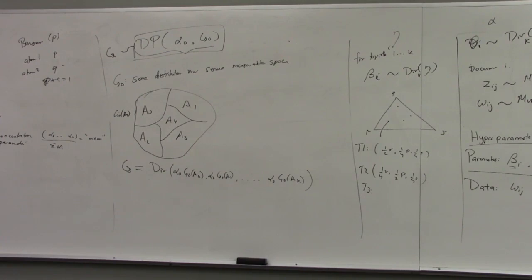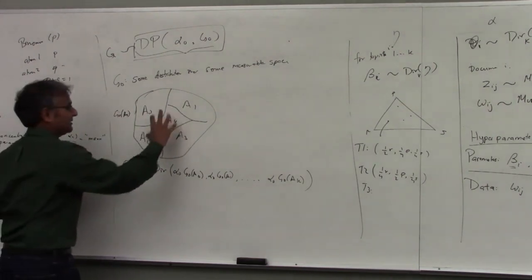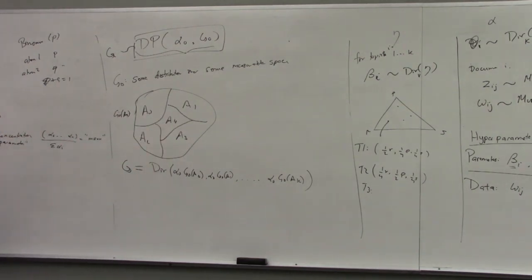This is similar to how, when you define a Gaussian process, there's a Gaussian at every point. The property you want is that if I take any fixed set of points, their joint distribution should be a regular Gaussian. So what I'm saying here is that if I take any fixed set of regions, the joint distribution on that should be a regular Dirichlet. That way you get a Dirichlet process.